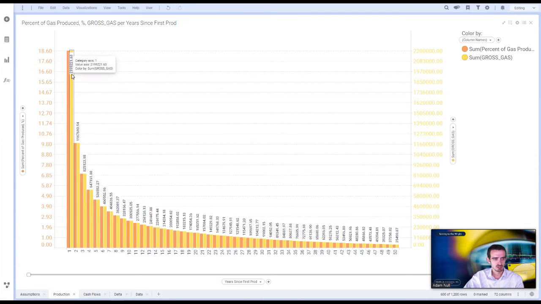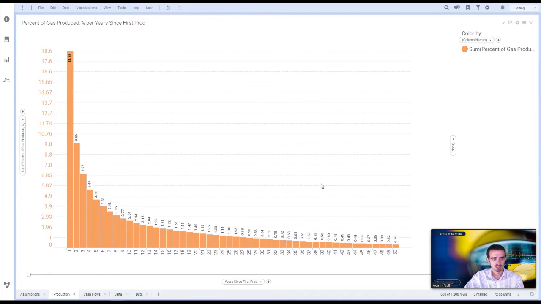That's what these numbers represent. We're looking at about 2.2 BCF in the first year, 1.1 in the second year, 0.8 in the third year, etc. And as you can see, those trail off in the last 20 to 30 years and are significantly smaller. If we go ahead and remove